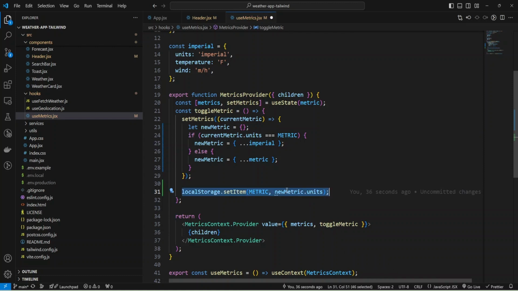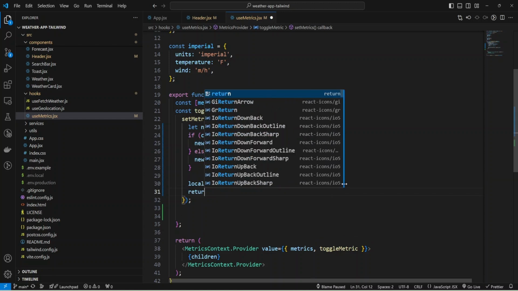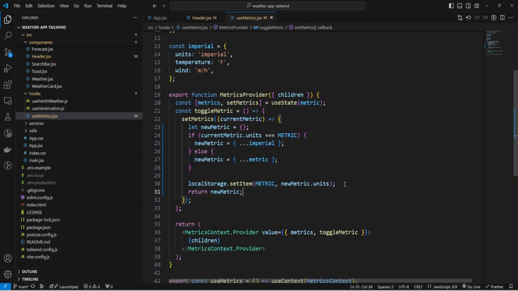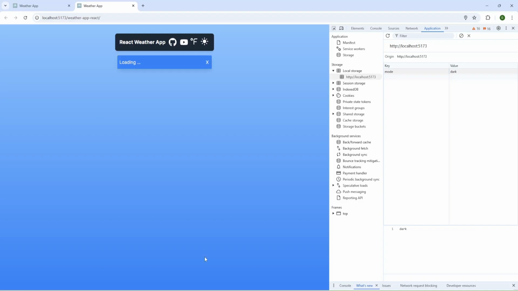Okay, and I need to move this code inside my setMetric, and now I need to return newMetric because I refactored the code, and every time we toggle the metric, we will set a new item in local storage, and let's check.